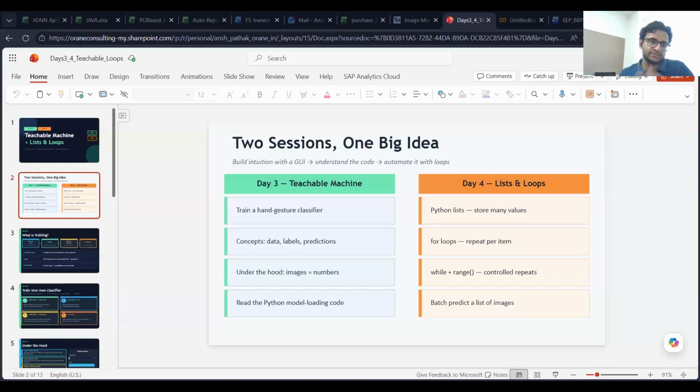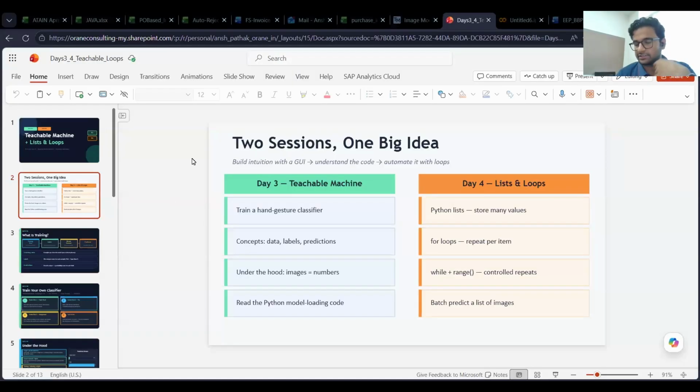5th February was the previous session we did, where we learned the basics of the Python language. So this presentation is for today's session and the next session as well. But if we are able to cover day three's part quickly, then I can move forward with lists and loops as well. But today will most likely be